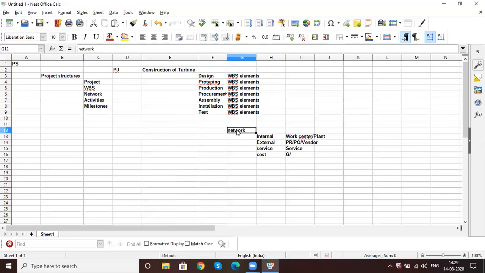For example, you are repairing or constructing a house. For construction of a floor or a room, what activities do you need to do? You first need to acquire the land for construction of the house. You need to go for approvals. You need to go for planning, building planning. Then you need to start the construction, digging, construction of walls and flooring. You need to put the ceiling. You need to do a lot of activities for completing the work. You need to do wardrobes, or power, electricity or water. Those are all activities you need to perform in the construction of a house.